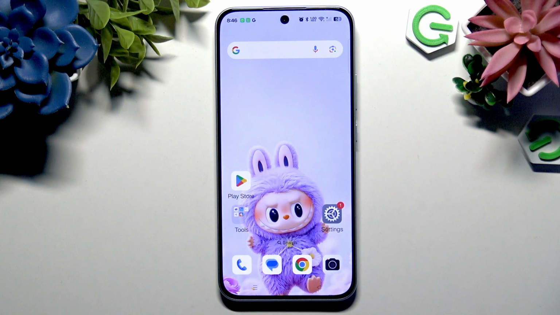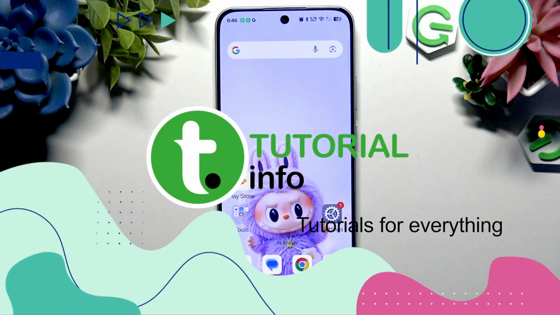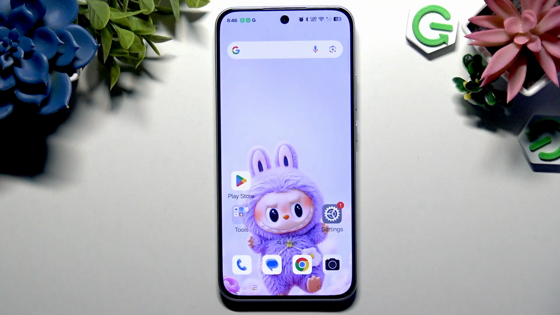In front of me is OPPO Reno 13 FE, and today I would like to show you how you can change this OPPO theme. OPPO devices, especially new OPPO devices, are my favorite when it comes to changing theme, because they have a lot